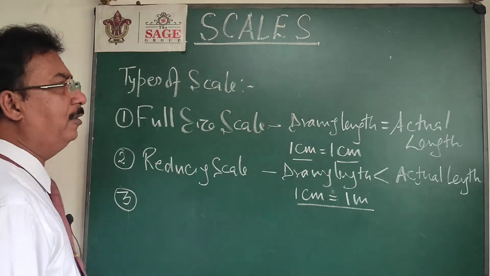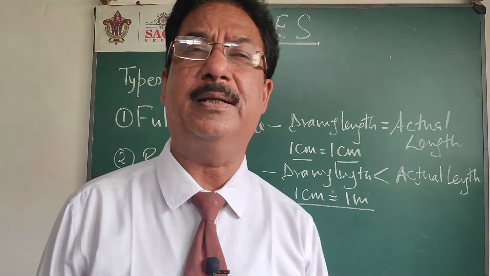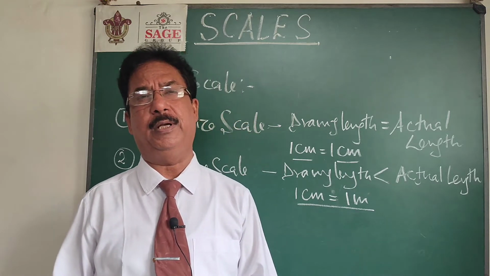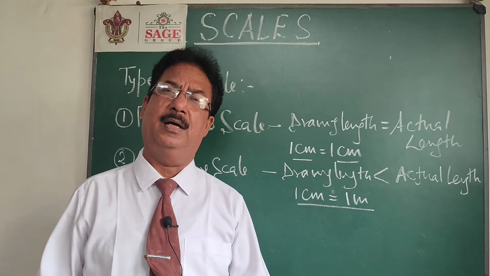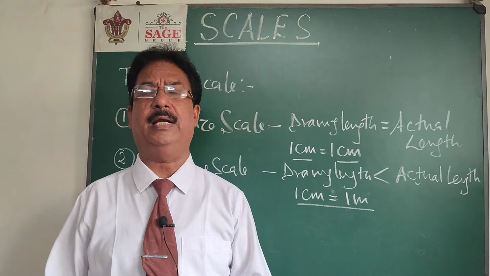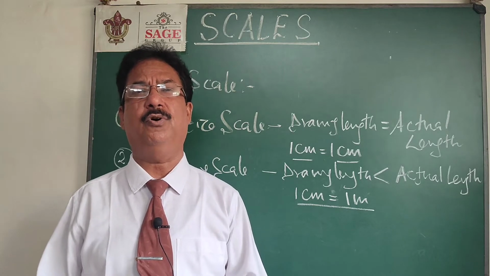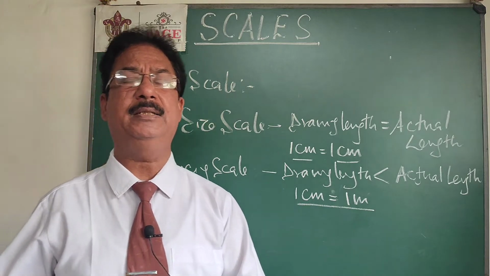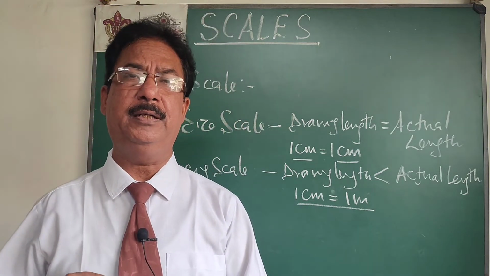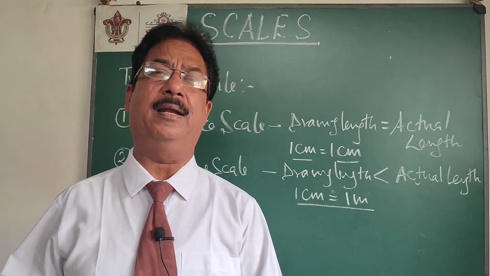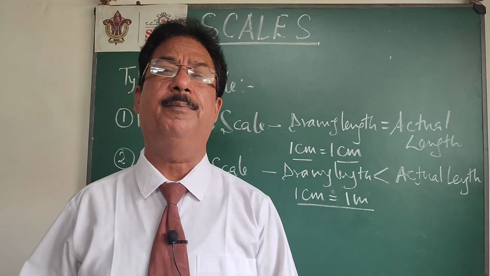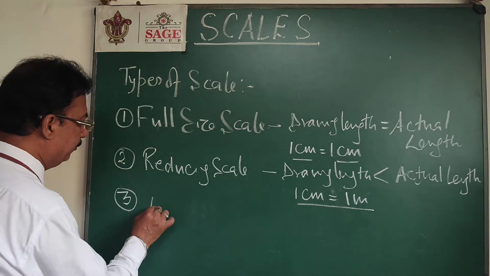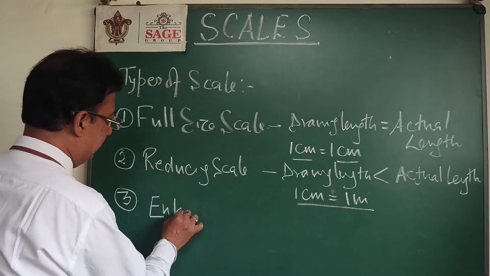Another scale will be just the reverse of reducing, that is enlarging scale. Suppose we have very small components, electronic components, ICs, and we want to draw a transistor. If I draw that drawing on the actual size, again there will be no use for that. So better we will enlarge the object so that it can be properly visible with the naked eyes. So what we will use will be enlarging scale.